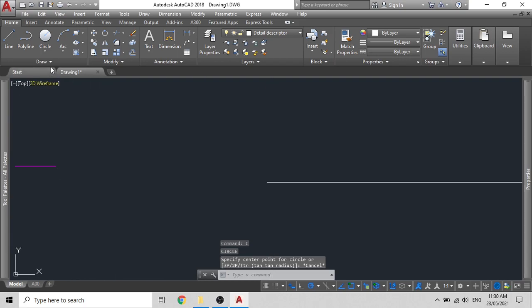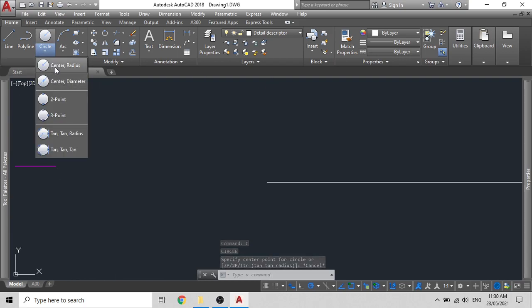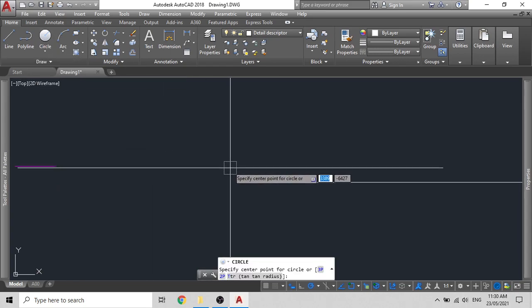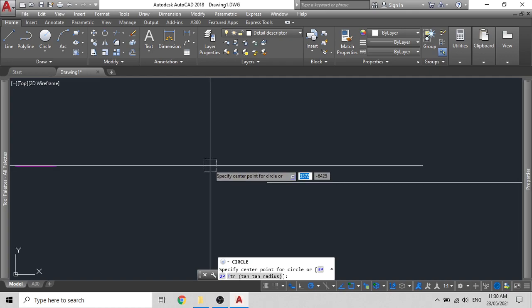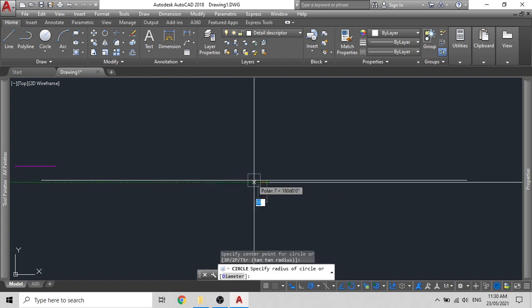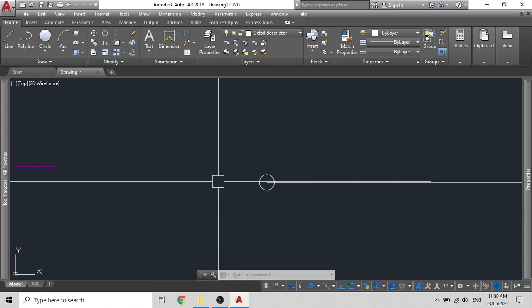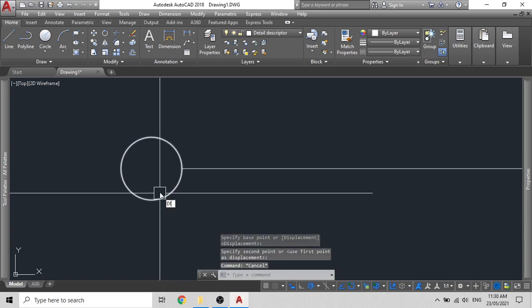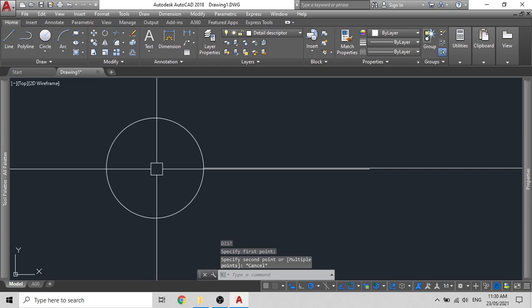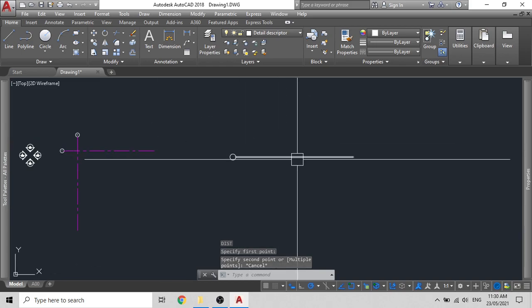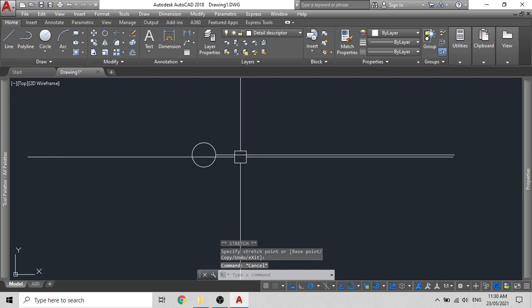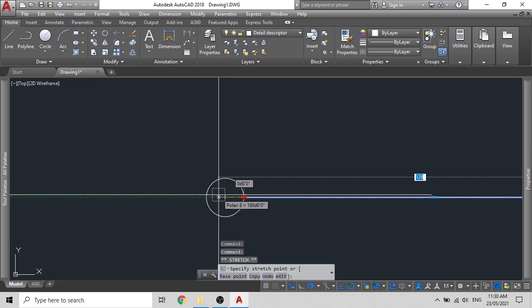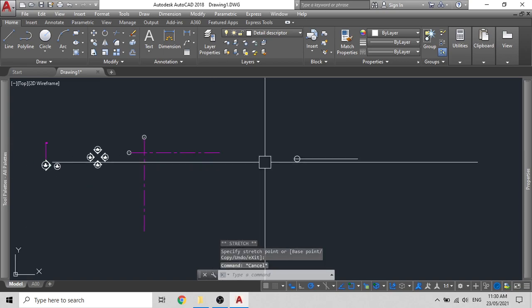So what you can do is click on this drop down arrow, and you can choose a radius, or you can choose a diameter. In this case, I'll use a radius. So half of 12 is obviously 6. So what we will do is click there on that line and enter a radius of 6. There you go. Remember to verify your dimensions, and it's giving you a distance of 12 millimeters. Now if this is too long, you can just bring it down to a half.